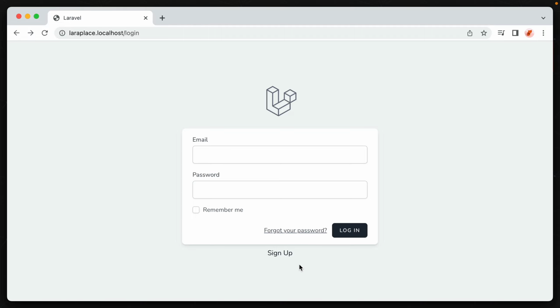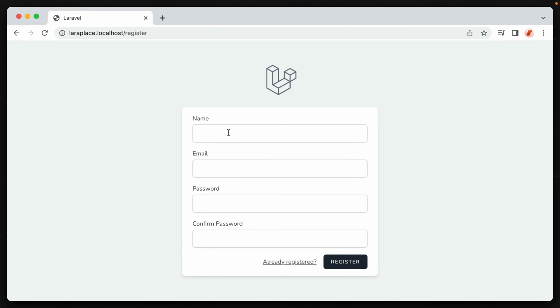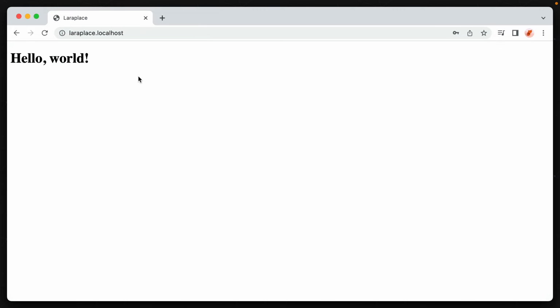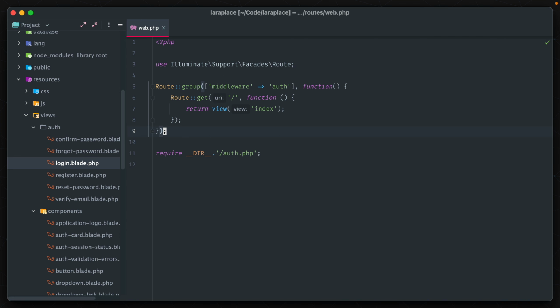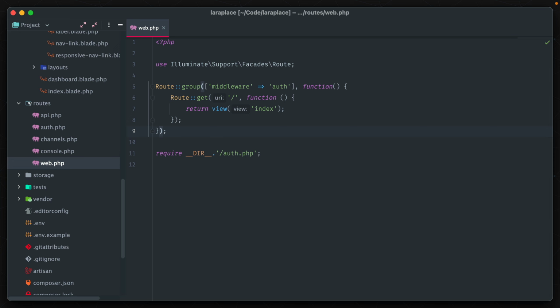Alright, now we can click our sign up link and be brought to the registration page. Let's register for an account. And we're brought back to our main app's view, exactly what we expected. Okay, so now that we have authentication set up, we have to think of a way to store and retrieve